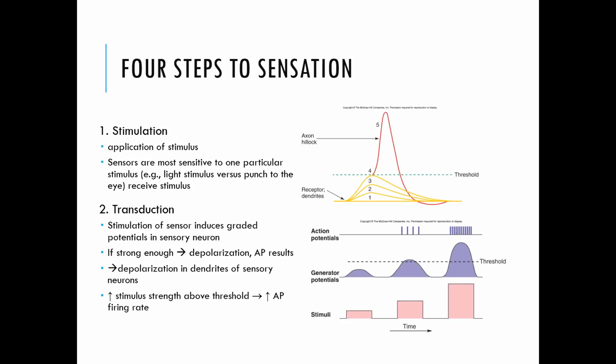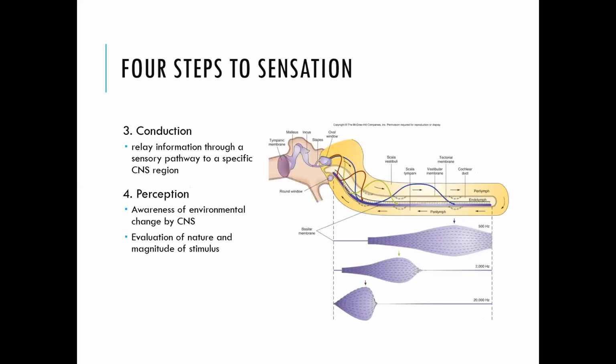The second step of sensation is transduction. When your sensor has been stimulated, it is going to now activate an action potential once it is strong enough. So if it is strong enough, it causes the depolarization of the nerve cells in that region, generating an action potential. And once the stimulus is above the threshold, your action potential fires a response. So it's going to trigger now that message to be sent up to your central nervous system through the process